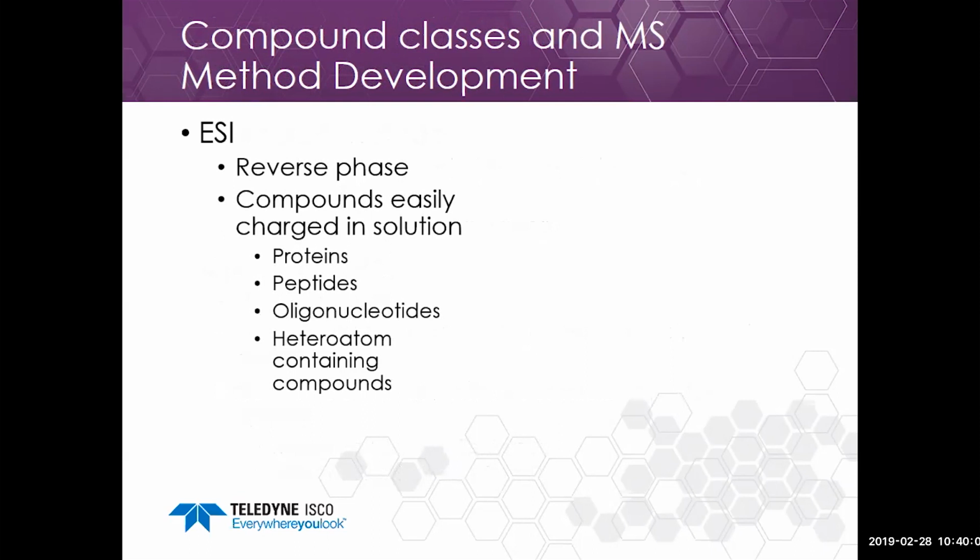So how do I choose what probe would be best suited for my compound? The ESI probe is generally well suited for reverse phase systems. You need to be able to ionize the compound in solution in order to use ESI, and reverse phase solvents allow that. Compounds that are easily charged in solution, like proteins, peptides, oligonucleotides, and any compounds that contain heteroatoms would be good candidates for ESI